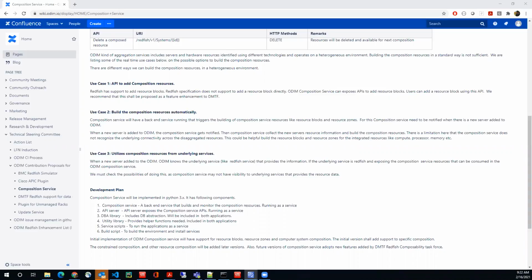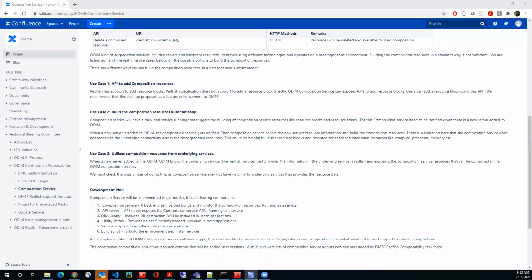No, but I'm saying, if I have something like a blade system or a Superdome, I could divide that up into smaller resource blocks, allowing some northbound entity to use them in different composition exercises, right? So the challenge in that scenario will be to look at any hardware that has been mapped into resources in Redfish and understand if this device that has 8 CPUs and so much memory is something that can be broken apart.